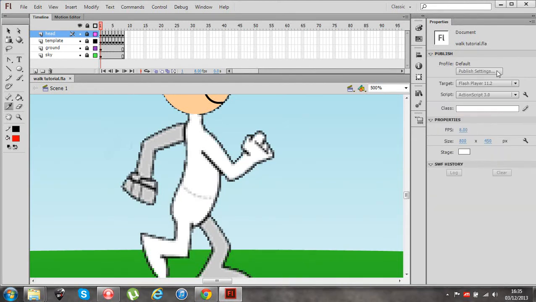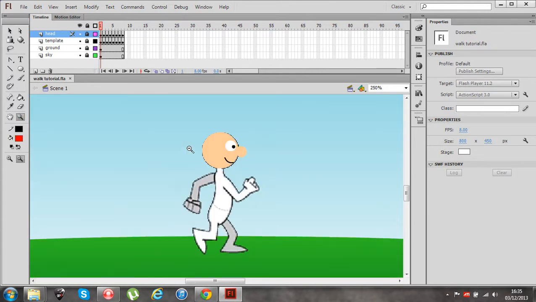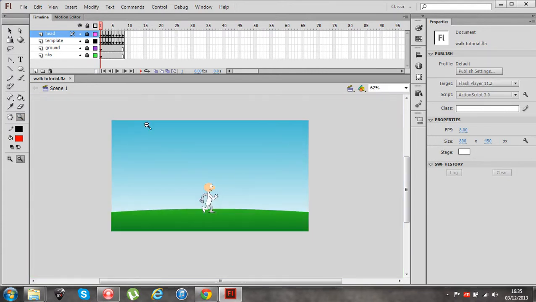Okay folks, we're back with this walk cycle tutorial. Now this will be the third video in the sequence, and in the second video we were looking at creating the head and the clothes layer, but for the purpose of moving this forward quickly for you, what I've decided to do is just remove the clothes layer, stick with the head layer, and show you the next part of the sequence, which is really just expanding the frames over 24 frames per second, which will then allow us to work with some tweening and get this full-on